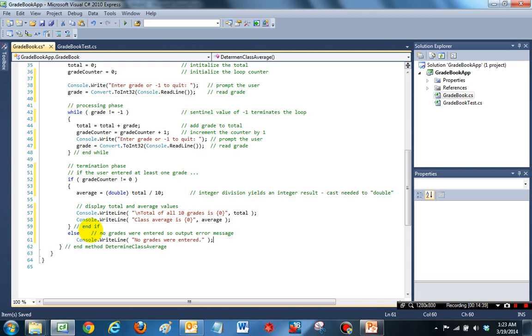There's one touch we can add, namely that when we display the class average, it could potentially have a long decimal part. So for example, if there were only 3 students, and their grades added up to 100, then the average will be something like 33.333333, many threes, and we don't want the many threes there. So in that case, we want to format our string, and one way to format is